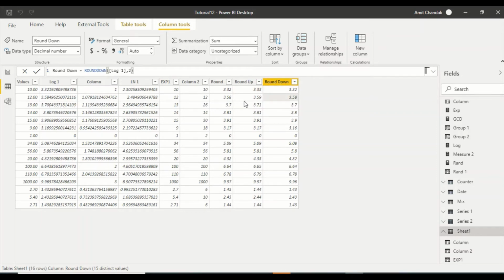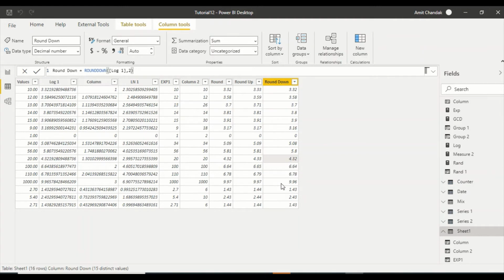This is 4, so it's going to go down. Now this is a case where it is 7, this is going to equal round up. So now this is 7, and it's going to equal round up. But in this case it's 0, it's going to be 90. So we have round is 906, so the 6 is going to make it 1, and this is again round up. And this is again going to be a round up case, this is again a round up case, this is 07, so again round up. Yeah, 3 to 1. Okay, 3 to 1 is round down, same as round down, because 1.